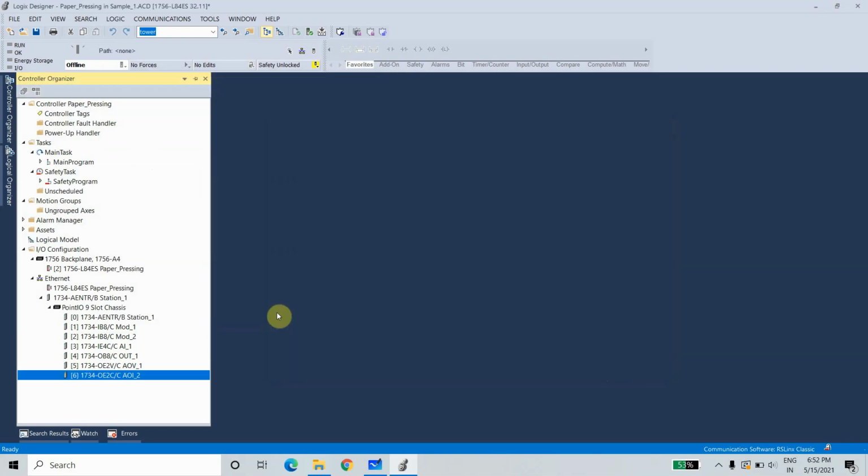Okay, so these are the 6 modules I have added. So you can see there is an input module, a 4-channel current input module, an output module, one voltage output module, and one current output module. These are the modules which we have added here.